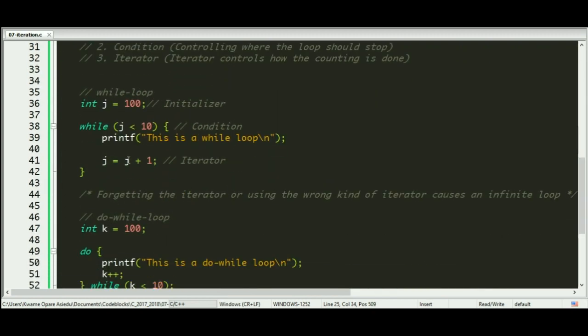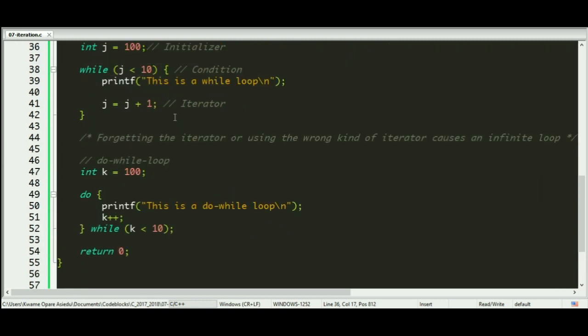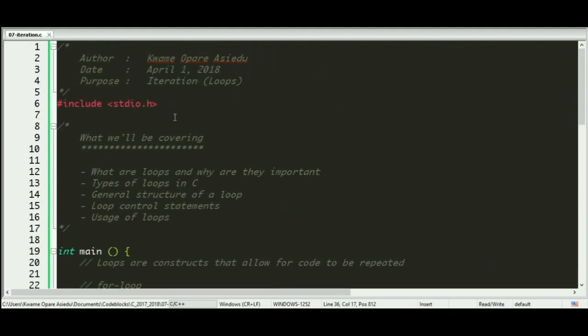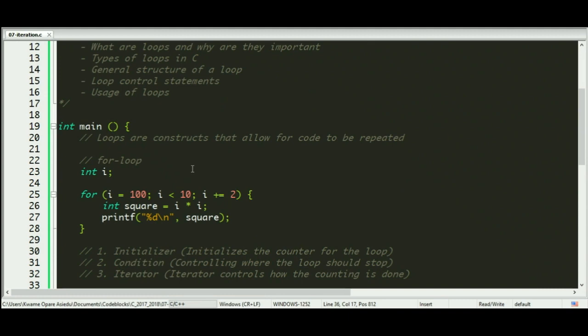The while loop just cares about the condition, so you have to manage the initializer and iterator yourself. And then the do while loop is very similar to the while loop, but it executes once before it checks, because the do statement comes first, right? Okay. So now let's look at